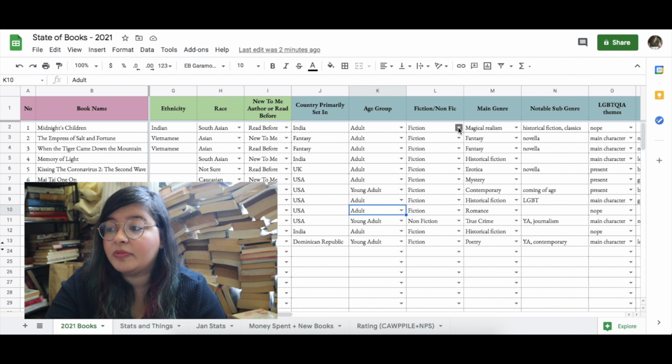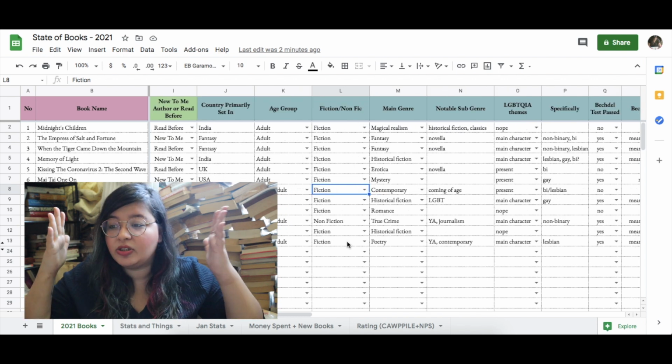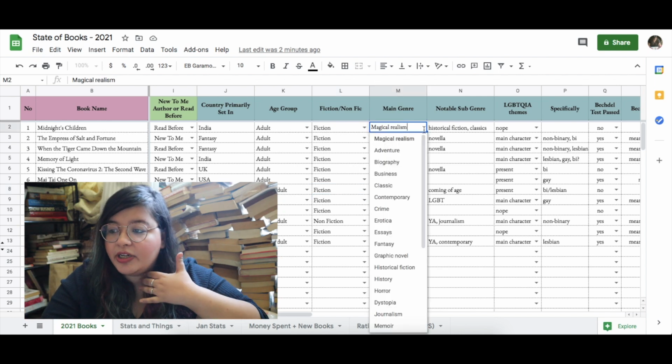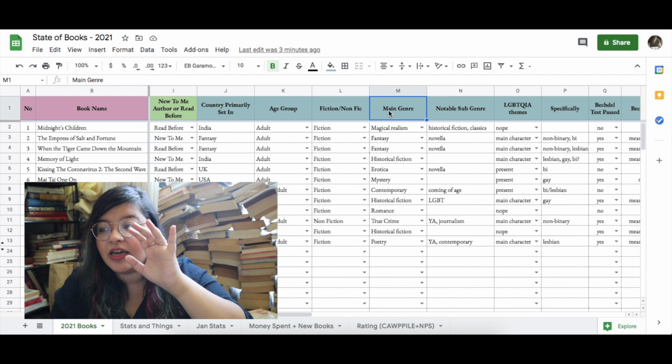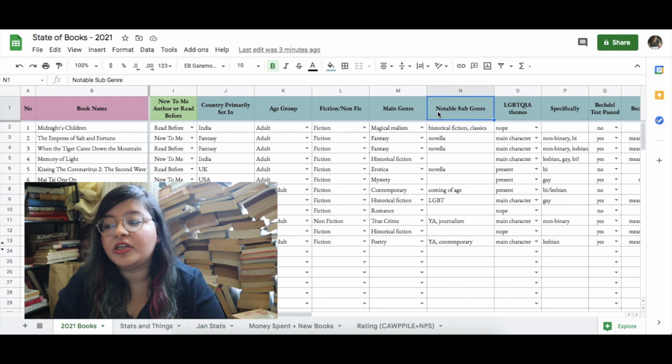But if this is something that's important to you, I did say that I want to read a lot more non-fiction, which is why I have fiction or non-fiction as the main sub-genre, and then I have the main genre within. This is something that I've actually taken from G from Book Rose. I did have a main genre, but I didn't have a notable subgenre before,